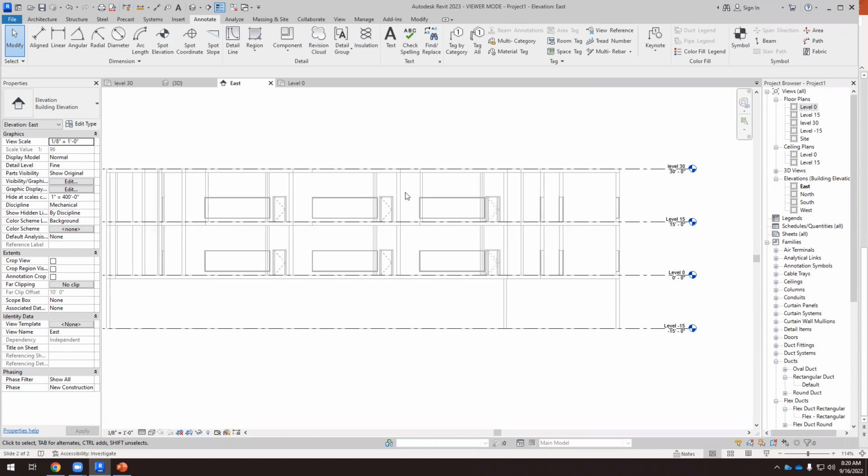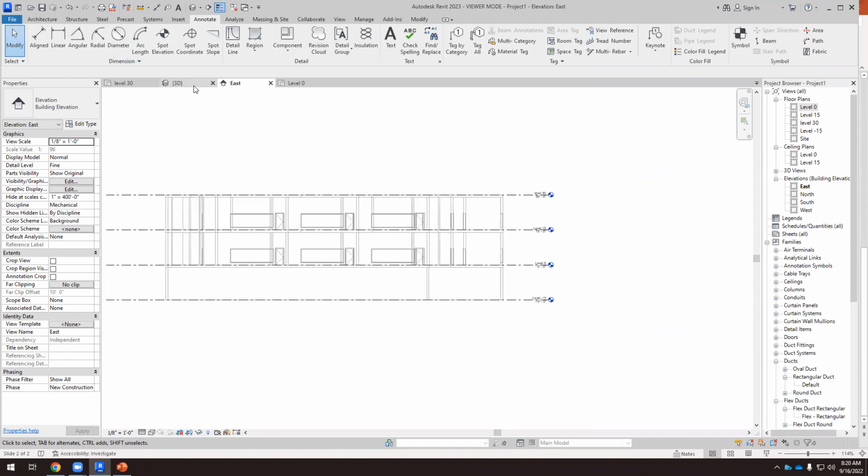When we have made those decisions, then we have to start placing supply and return diffusers, and then we will start with the ductwork. But don't start placing ducts like headless chickens, because then you will have to do it again. So first, think about it, look at the building, study the building, and then we can start placing diffusers and